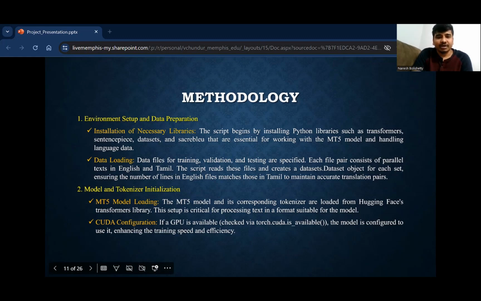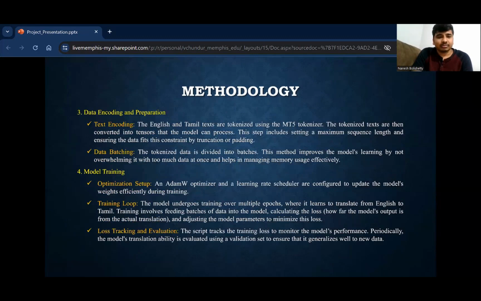And coming to the next slide, the next phase of machine translation involves data encoding, preparation, and model training. Text in English and Tamil are tokenized using the MT5 tokenizer and converted into tensors, ensuring adherence to set maximum sequence length. So the tokenized data is then grouped into batches, aiding in efficient learning and memory management during